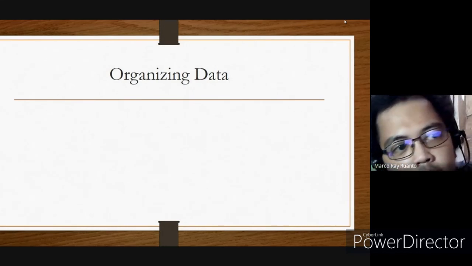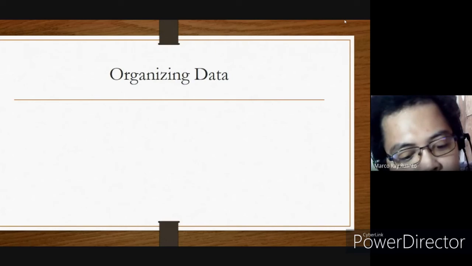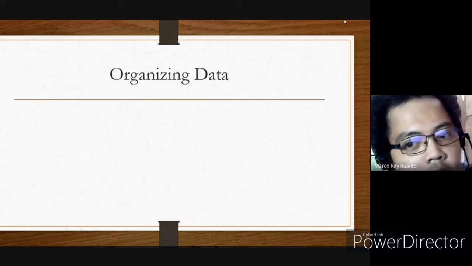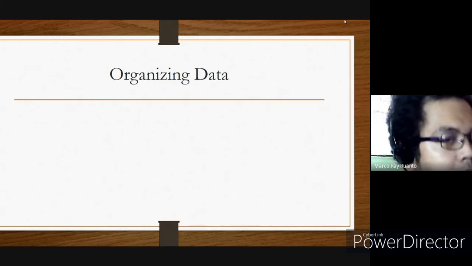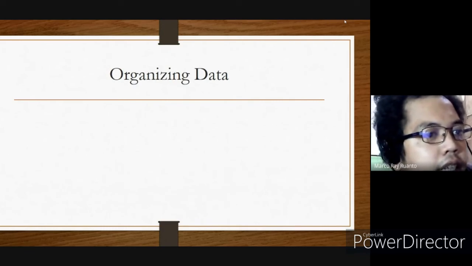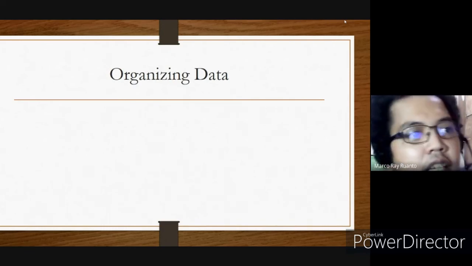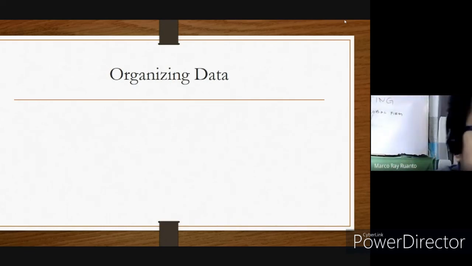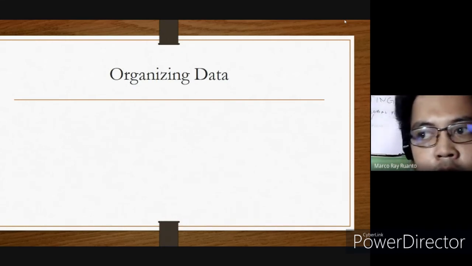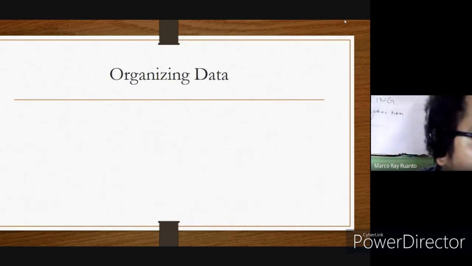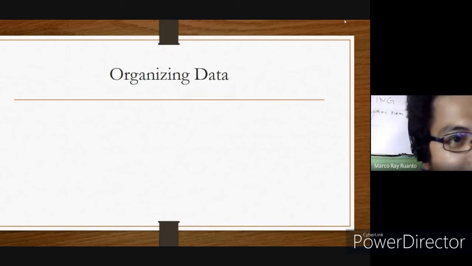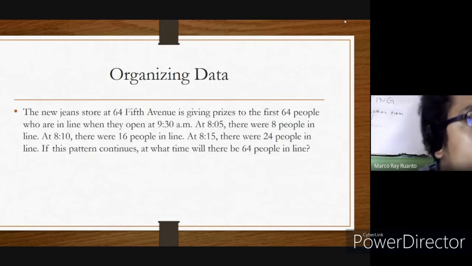Organizing data involves these two strategies: either the use of lists, or the use of tables. So organizing data can be done in two possible ways: either the use of lists or the use of tables. For this given problem,